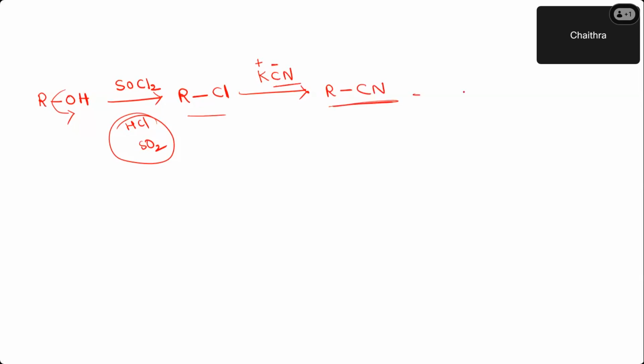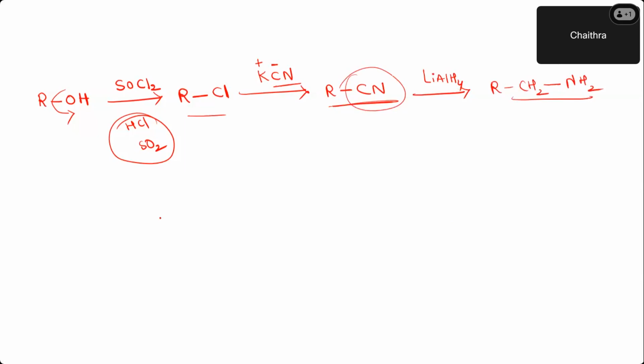Okay. Now, next on the arrow mark, I'll write lithium aluminium hydride. This is a reducing agent. Now, identify the product. See how they can ask connected questions for you. So, what will this group be converted into? You just add hydrogens. You get R, CH2, then NH2. So this is how amines can be prepared. So this is one more method.